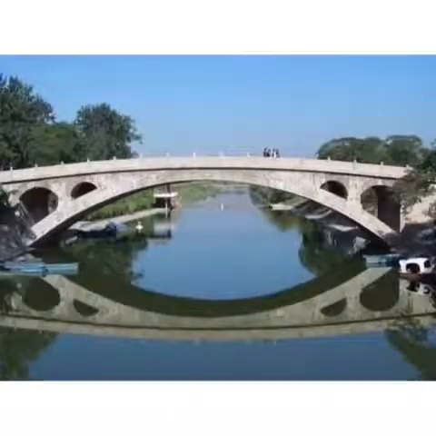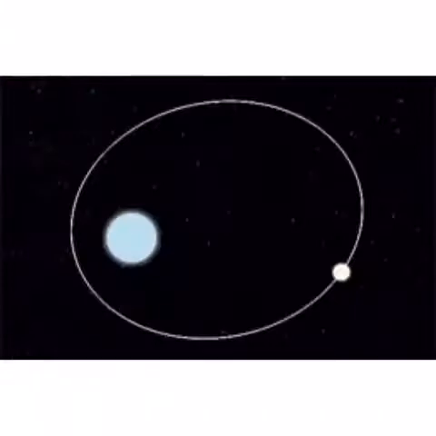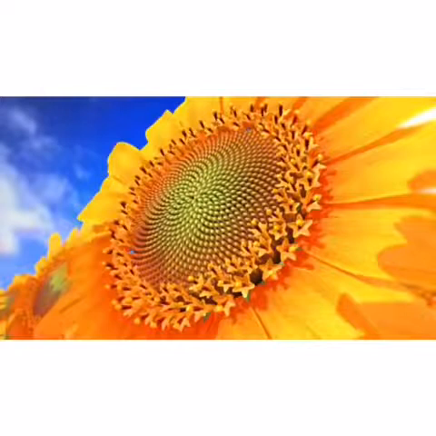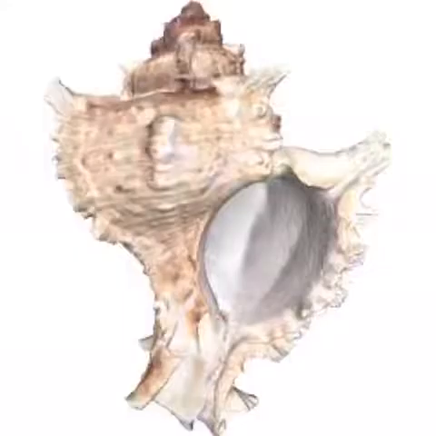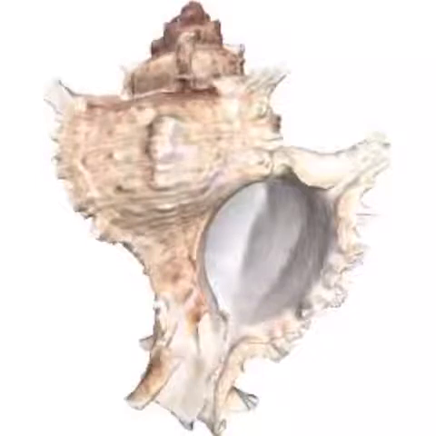Not only in architecture but in nature also you can find curves. Children, you can see this sunflower, the petals have curves. You can see this shell which has curves. So children, you can find these curves in our nature also.